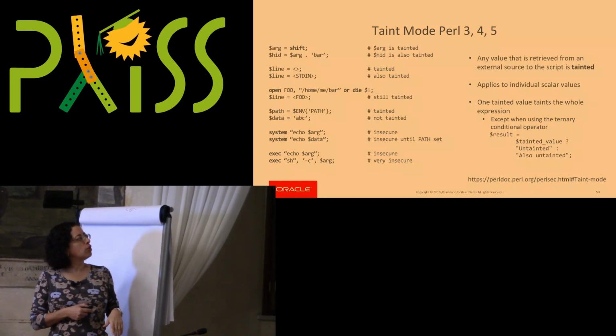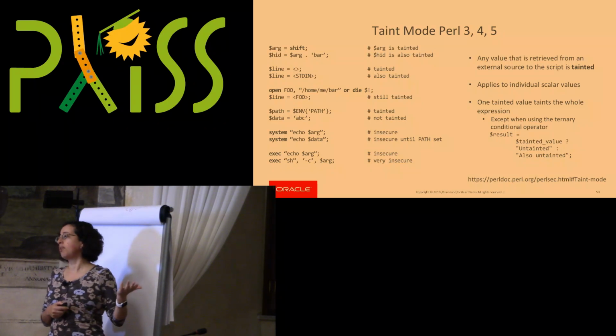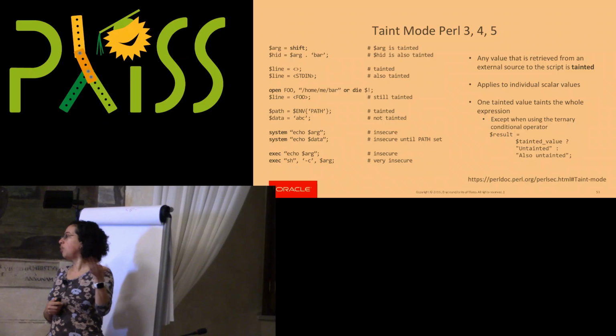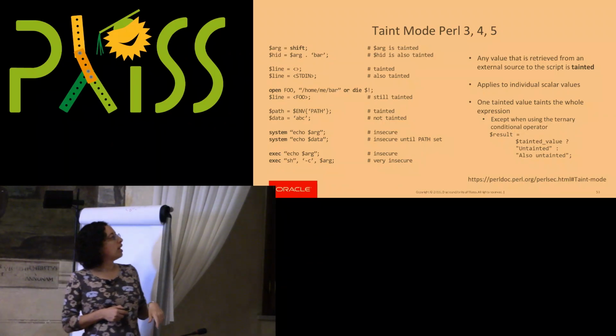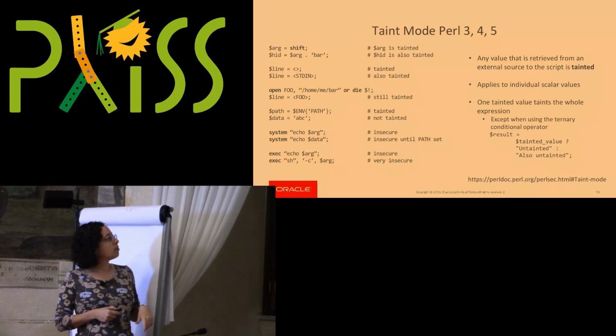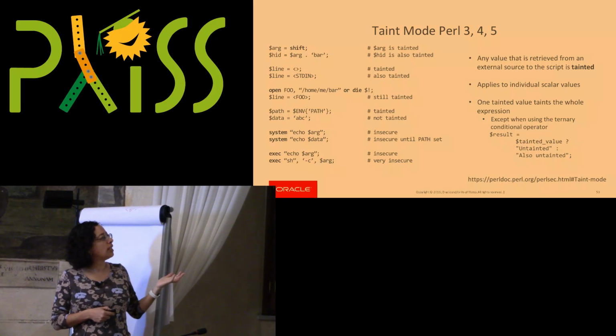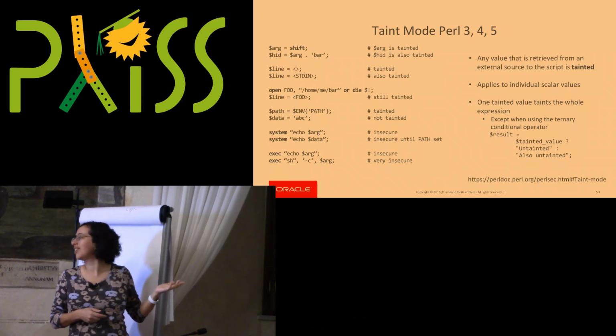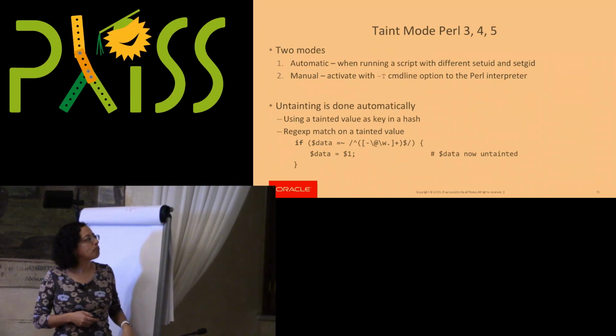Here, you're operating on that argument and you're going to assign it to HID. Well, now you've also made HID tainted by doing a direct transfer, right? So that's direct tainting. Anything from standard input is also going to be tainted. You're going to have an open file, and then you're still going to be tainted because that's coming from a file. Environment variables, however, you're assigning a constant. That's an example of something that is not tainted because it's constant, right? And so on.